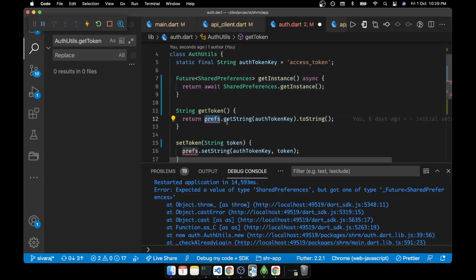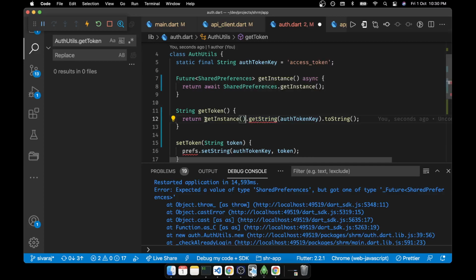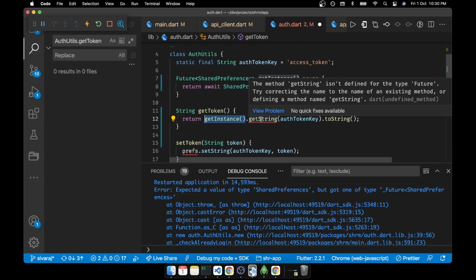The method getString isn't defined for the type Future.